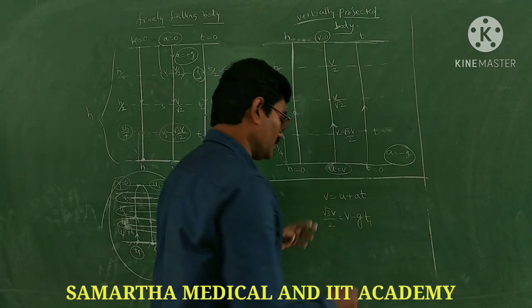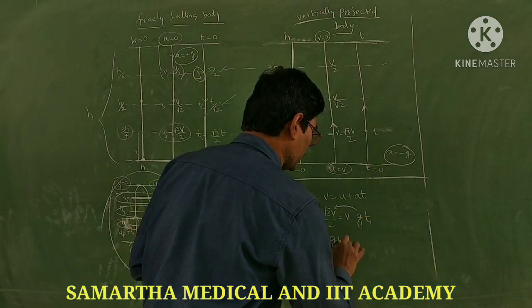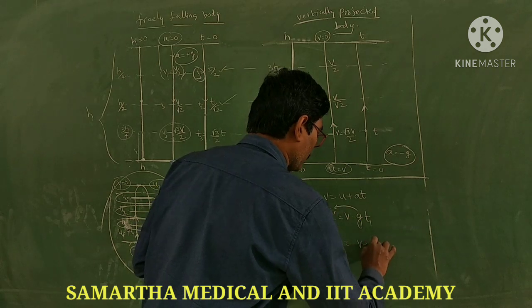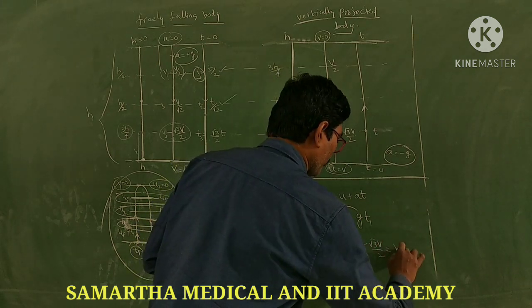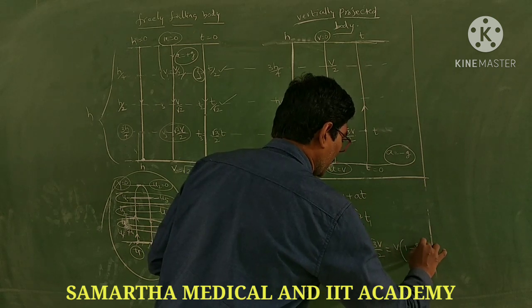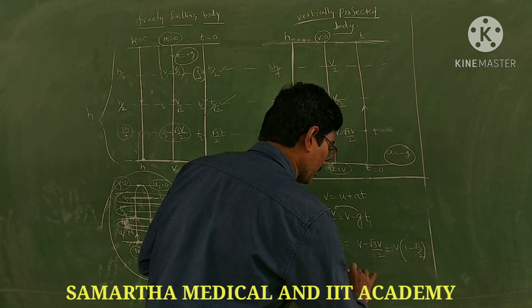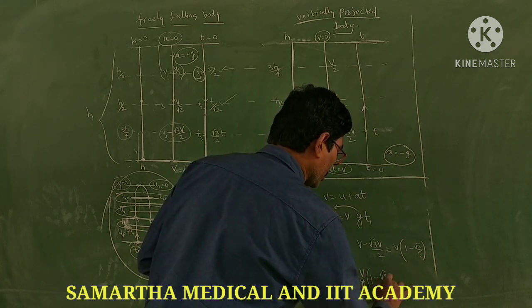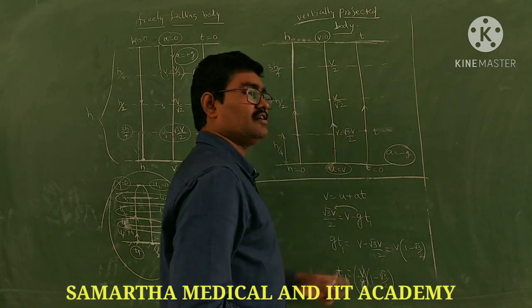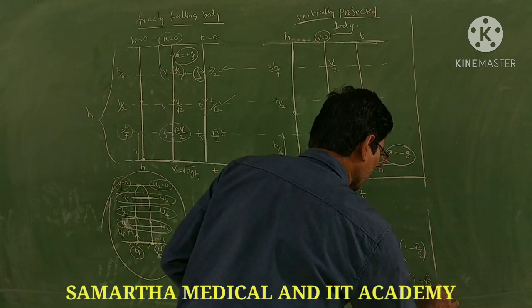Clear? Now you bring this to here. What is that? GT1 is equal to V minus 3V by 2, V by 2. So one thing you do, V you make common, 1 minus root 3 by 2. So this is GT1. So T1 equal to V by G into 1 minus root 3 by 2. What is V by G? T. So that is T into 1 minus root 3 by 2.